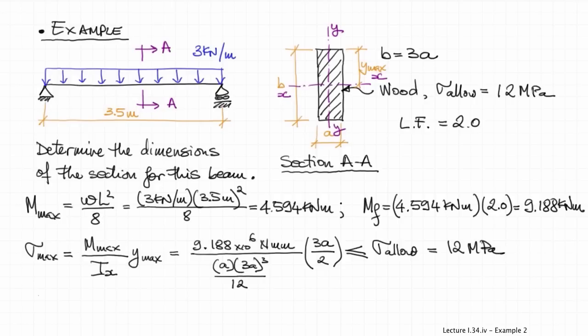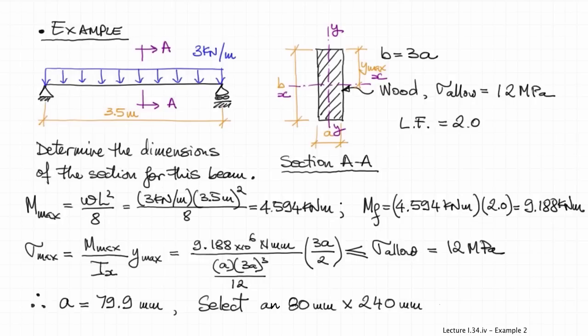And the entire expression must not exceed, so the actual stress in the beam must not exceed the allowable stress in the beam, or otherwise the beam would fail. And the allowable stress is equal, of course, to 12 megapascals. So all we have to do from this expression is solve for dimension A, which will result in 79.9